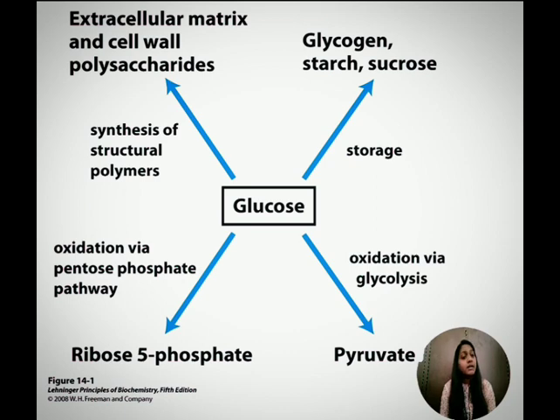And via oxidation, glucose is oxidized via the pentose phosphate pathway to give rise to ribose 5-phosphate, which is an important component of DNA. Also, glucose is stored in different forms. In plants it's stored as starch, in animals it is stored in the form of sucrose, glycogen, etc. Right? Also, glucose, which we'll be now discussing, undergoes oxidation reaction via the glycolytic pathway to give 2 3-carbon molecules,